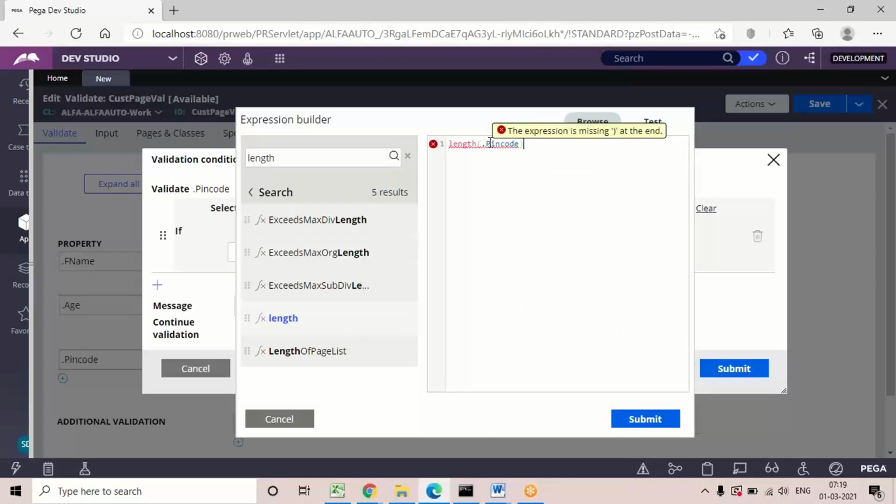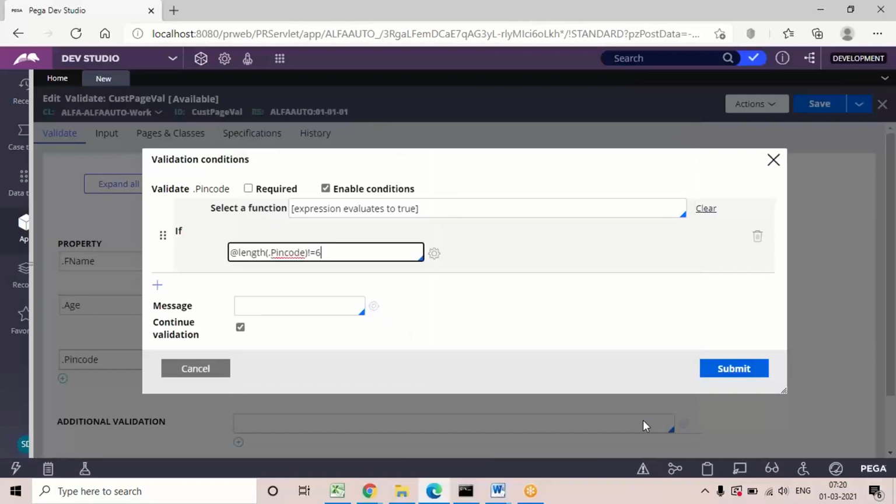And close this bracket. Coming to the condition, we need to add the condition manually. So if not equal to 6, I'm taking 6 because the length must be 6 digits. If not equal to 6, either less than or greater than, it is going to throw the custom message which we are going to add.